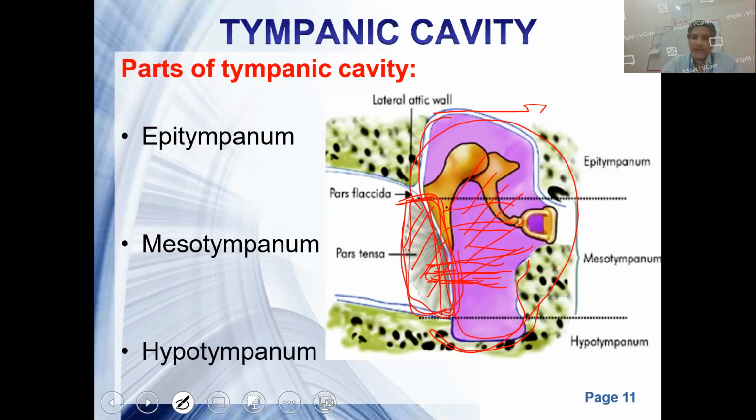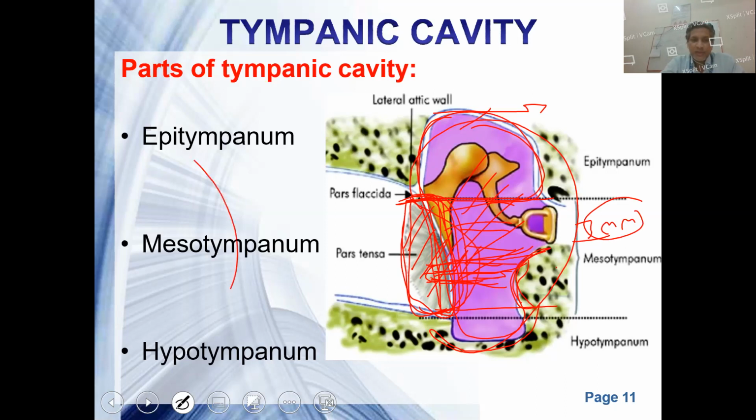In the anatomical sense, the part of the middle ear opposite to the tympanic membrane is the mesotympanum. The part of the middle ear which is superior to the tympanic membrane is the epitympanum, also called the attic. Already said that. The distance between the mid part of the tympanic membrane and this promontory, this bony prominence, is about 2-3 mm. We can have two conditions of the tympanic membrane. This is the normal anatomical position.